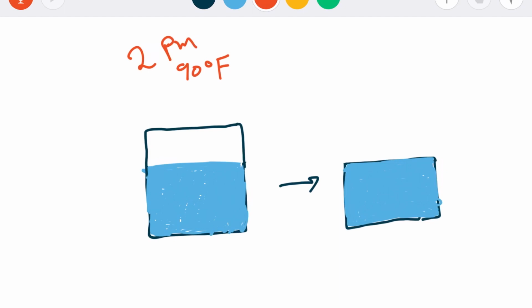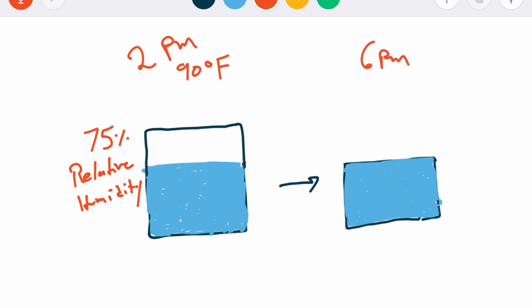And so you'll see that this isn't fully filled with water. So we'll say that this is 75% relative humidity. It's pretty filled up, but not all the way, and a little bit more than half. So 75% relative humidity at 2 p.m., and it's 90 degrees Fahrenheit in the summer. As the day goes on, the sun is going to go down, and it's going to get cooler and cooler and cooler. And so maybe by, let's say, 6 p.m.,